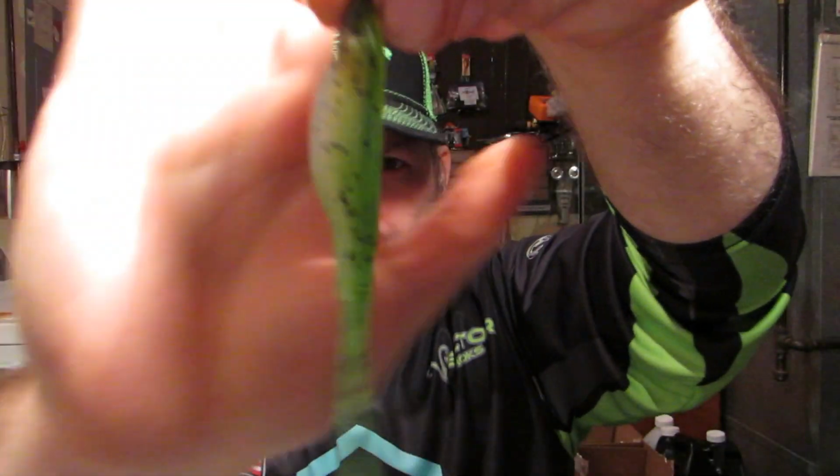Green pumpkin, purple flake, chartreuse tail. A standard color a lot of companies make. This is a Zoom color. This is watermelon moon dust. That's a good color. The color I did best on though, that I threw a lot of, was this orange melon. You got that watermelon with black flake and the orange belly. I did very good on that color, but before I got hooked up with Dwayne there, I threw multiple different colors. You know, watermelon red,